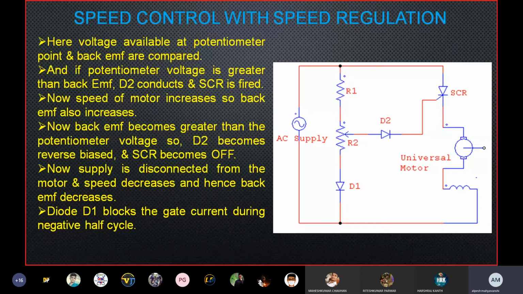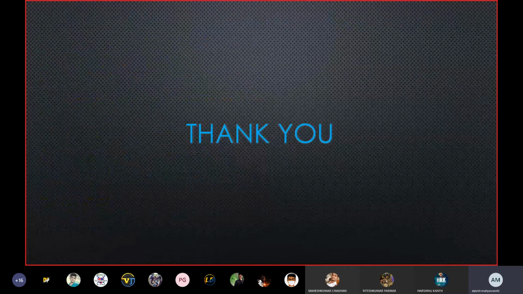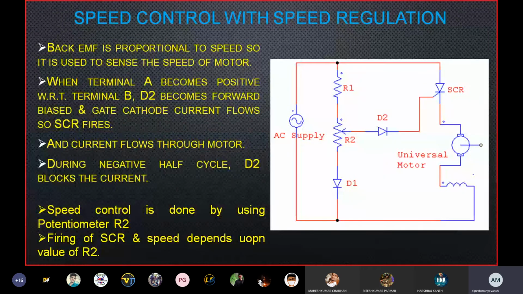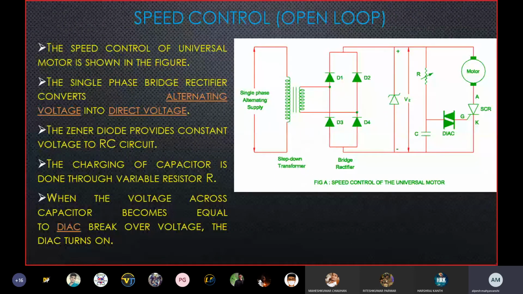of universal motor. The previous one is the open loop speed control, in which if load increases or decreases, we cannot sense this reduction or increment in the speed. We can only control the speed, which is not sensed. In open loop control the speed regulation is not done, but here the speed control with speed regulation is done for universal motor. So today we just briefed the today's topic.